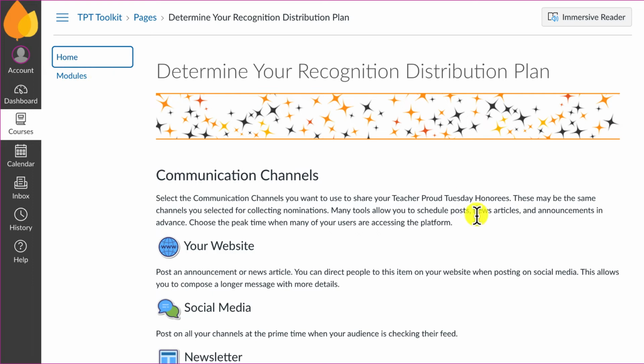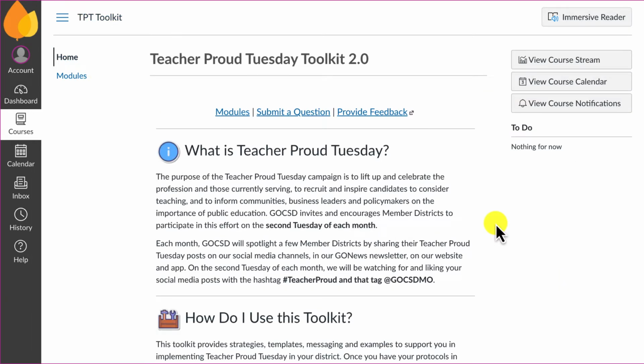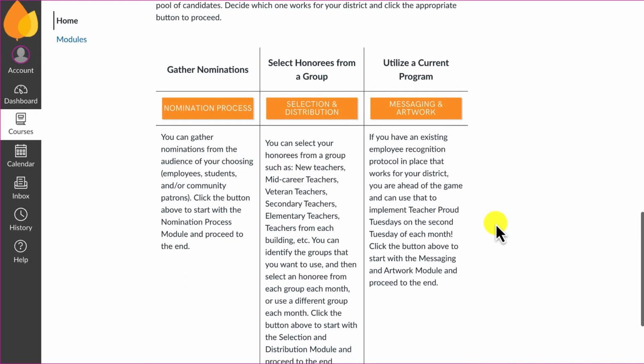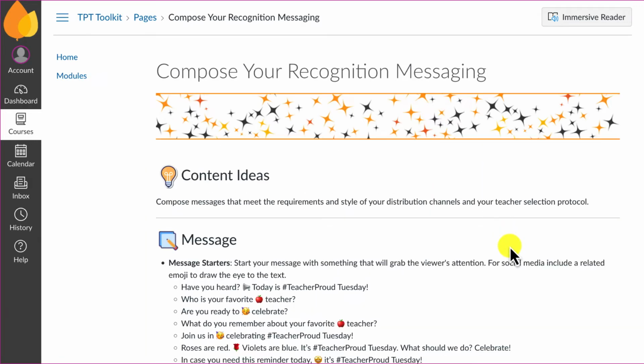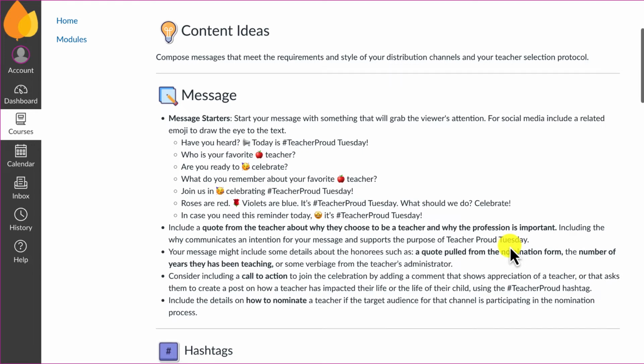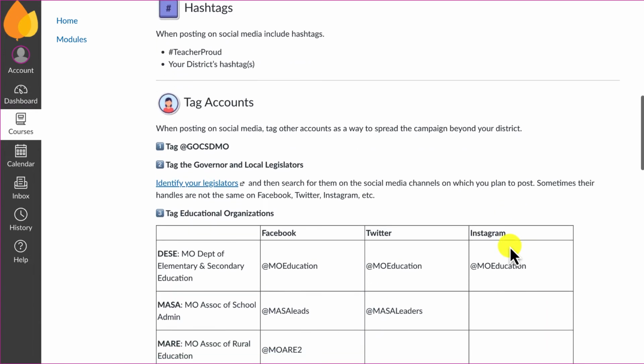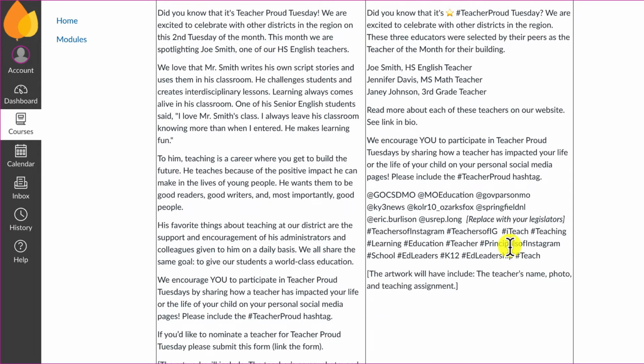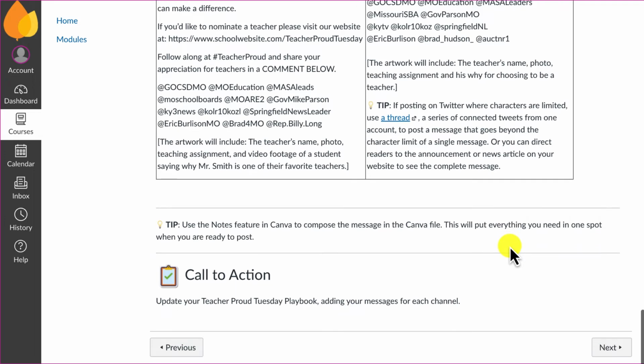Now clicking home, let's suppose that you already have something in place that you just want to morph into Teacher Proud. And so you're going to skip the sections on the nomination process and the selection and distribution because you've already got that part worked out. You'll click messaging and artwork and jump right in here with the messaging and content ideas that are provided using hashtags, tagging the accounts, some sample messages here that you can copy and edit to suit your needs. And again, you'll record your decisions in your playbook,